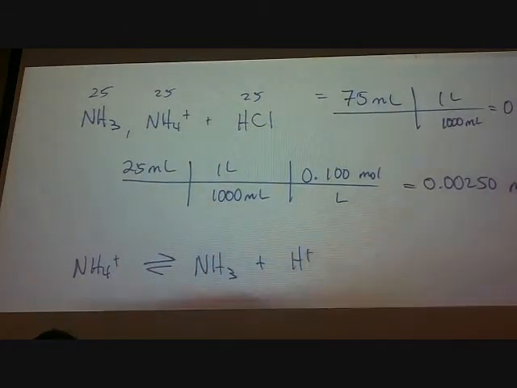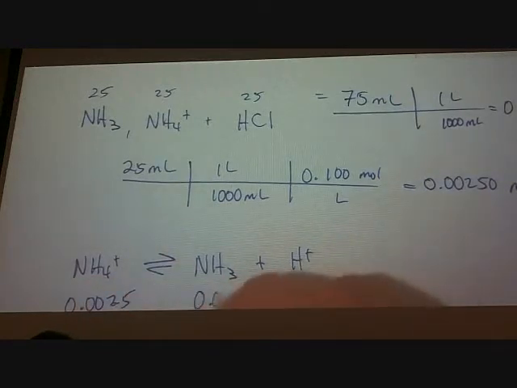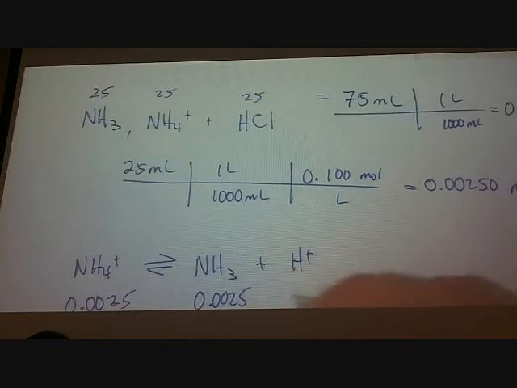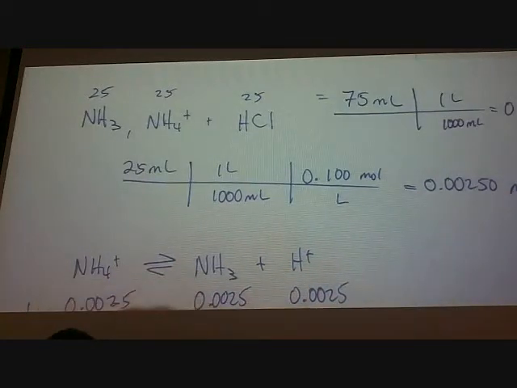Plus our hydrogen, which is this. And again, there's more than one way of doing this. So our initial